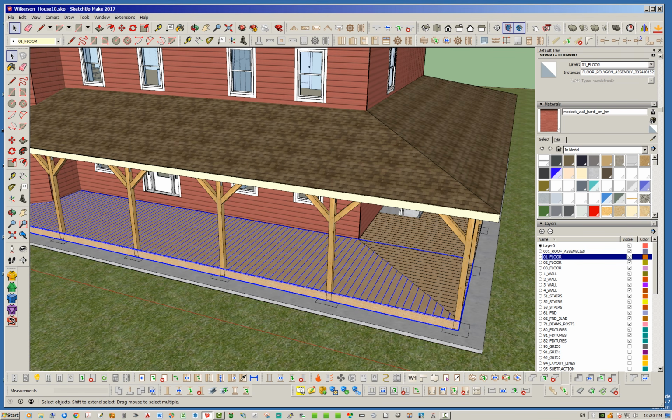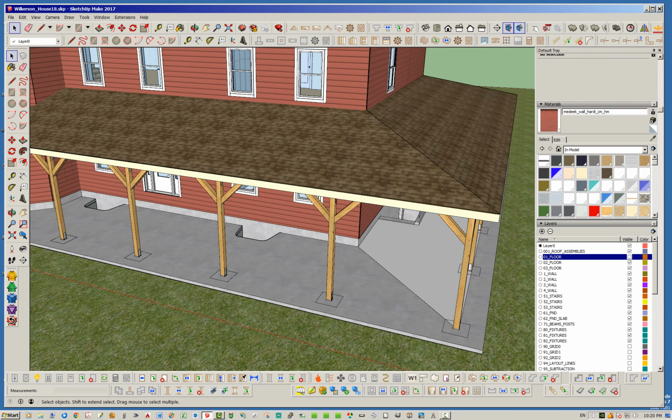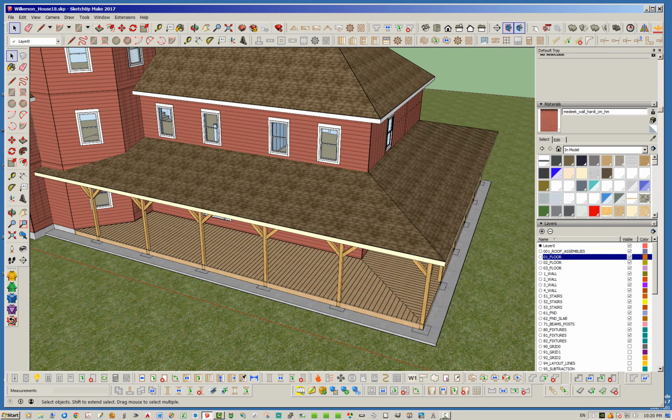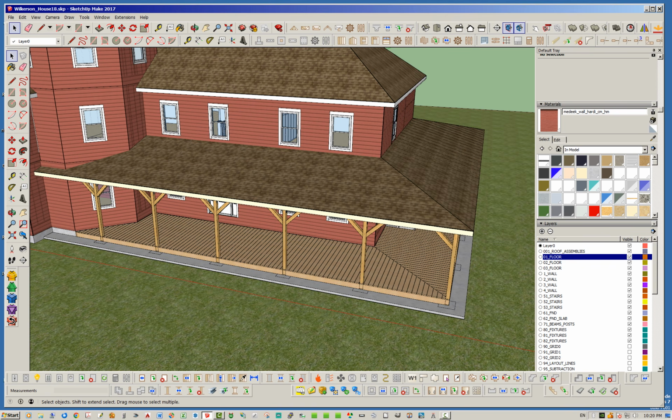But what you can do then is put these assemblies, you don't have to leave them on the default layer. You can drop them onto these user-defined layers, and then you can easily toggle on and off entire floors or levels at the same time. And it still, of course, respects all of the system layers being used by the plugins. So for instance, if I want to get in here and actually just toggle off the deck boards,